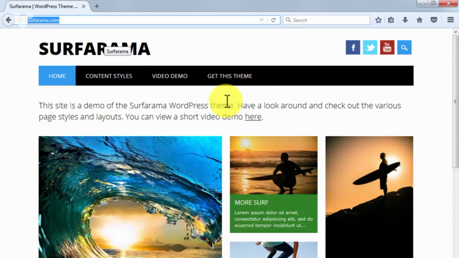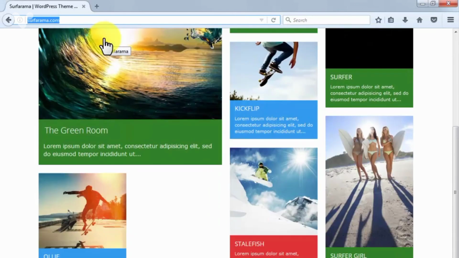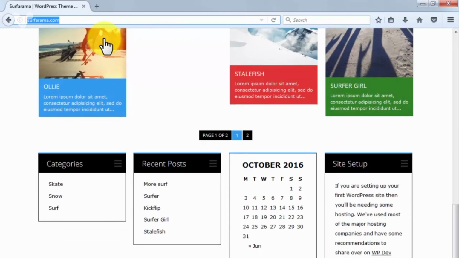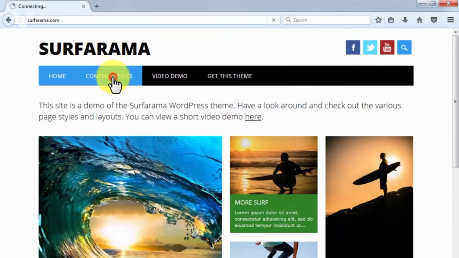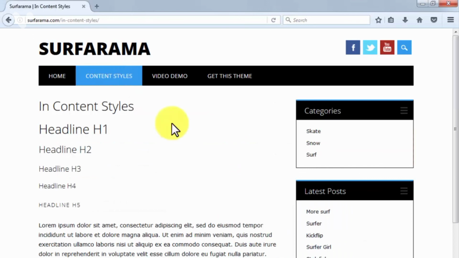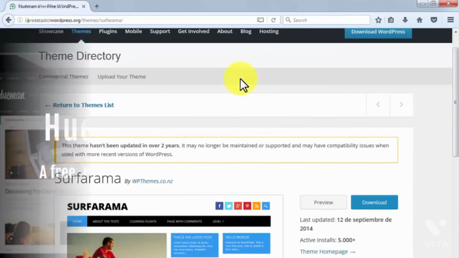Surframa. This is a favorite among WordPress users thanks to how minimal it is. This is one of the most popular, widely functional, free WordPress themes. It has a super cool menu, right sidebar menus for categories, and shows the latest post published. It is only lacking more attention-grabbing social buttons. To get it, just head over to surframa.com and click on Get This Theme.